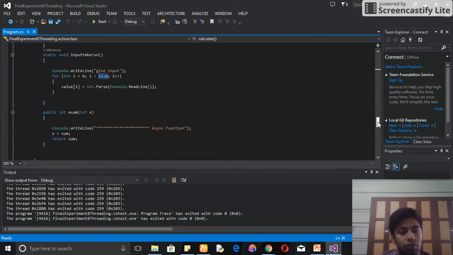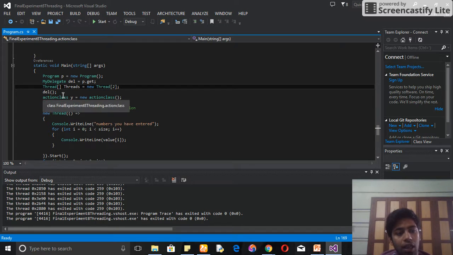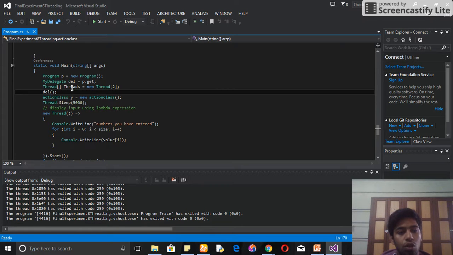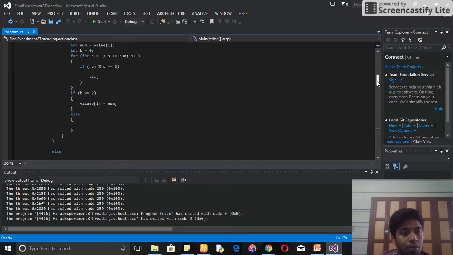I'll show you with my flow. I created my object P. One delegate that I already told you about, I declare P dot get, and then I declare two threads, 0 and 1, and I start my delegate method. So when P dot get starts, this method is going to start. So P dot get, in the get method,